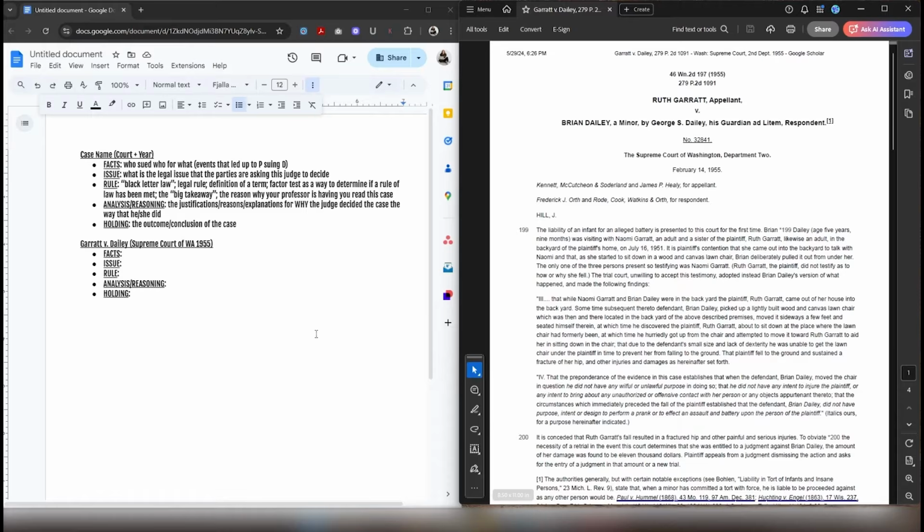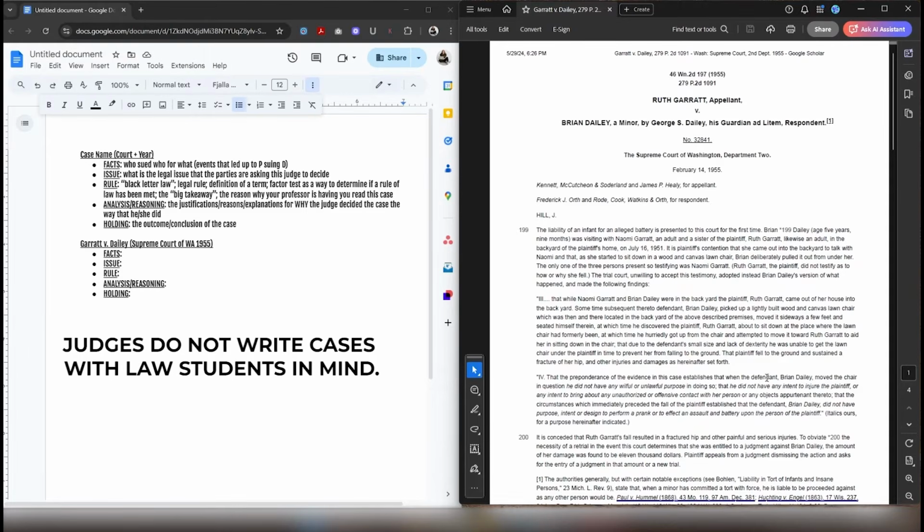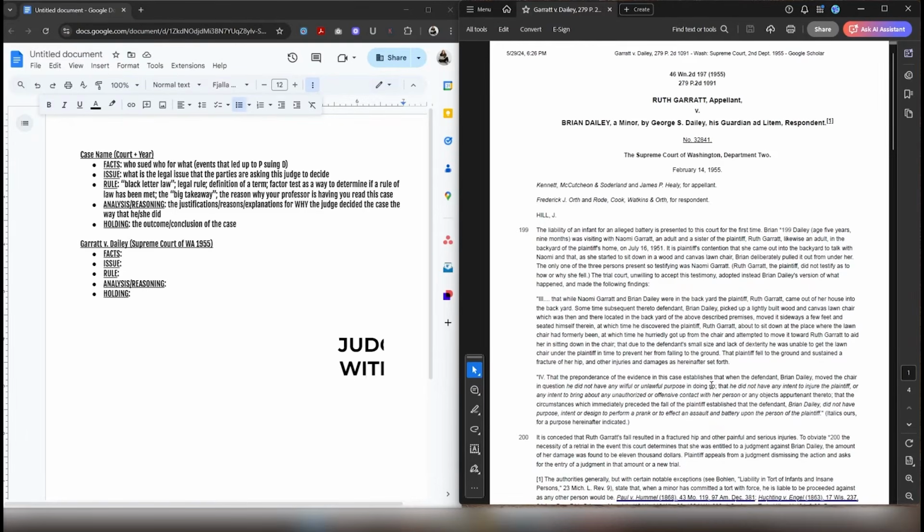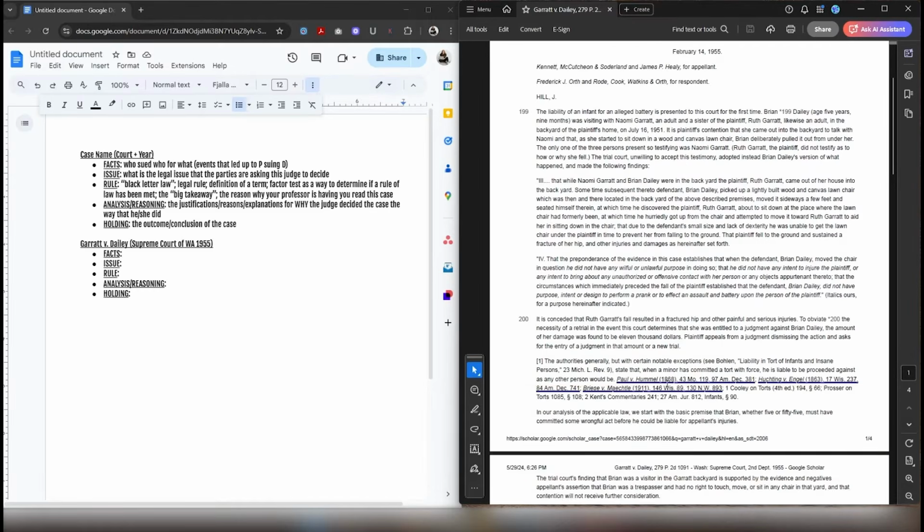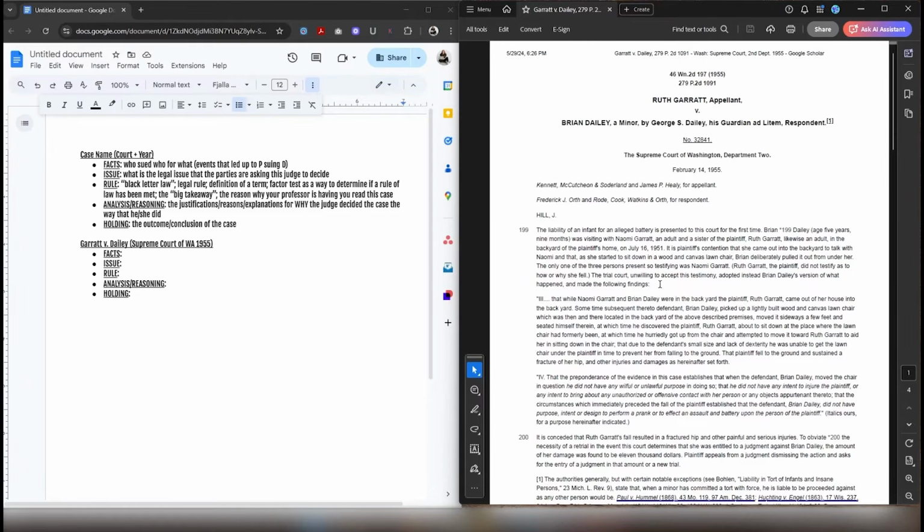The reason for that is because judges do not write these cases, these judicial opinions, with law students in mind, right? They're not writing them for us. They're writing them for the litigants. They're writing them for the parties to explain their reasoning. And judges are not always clear. Rarely are they ever breaking these different pieces and parts into just a nice structure that is easy to follow,